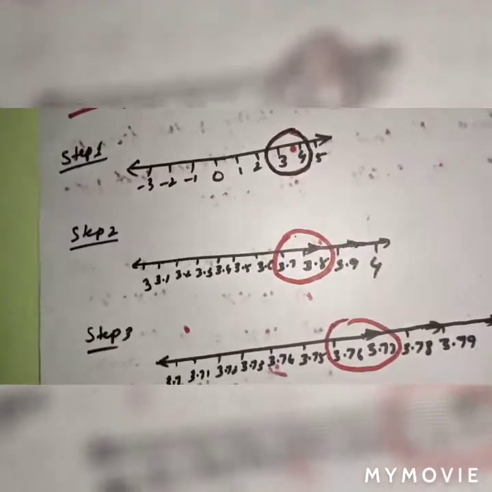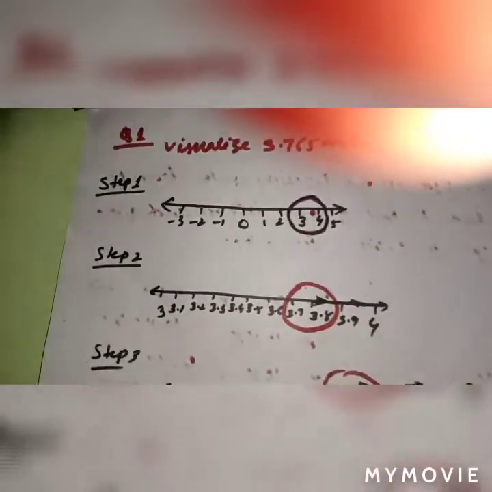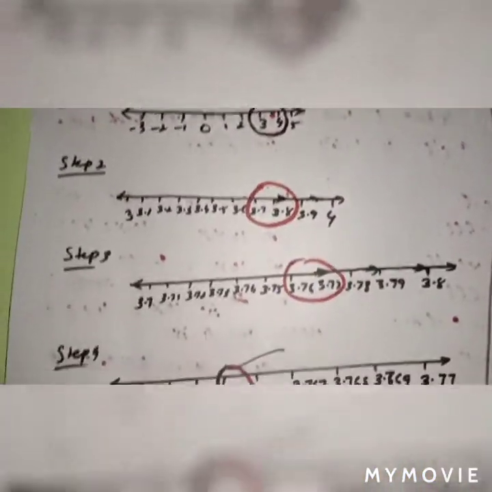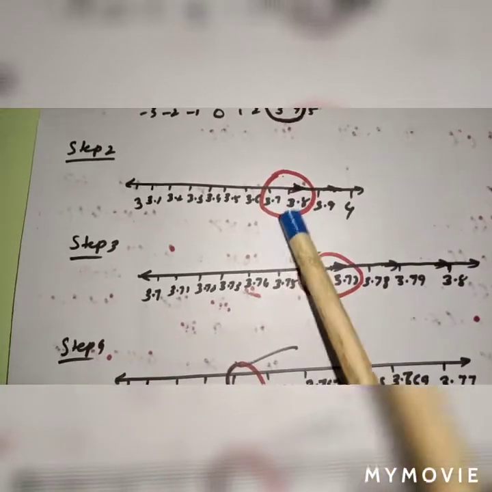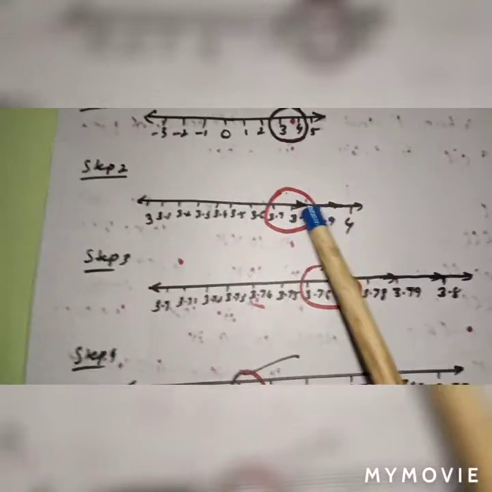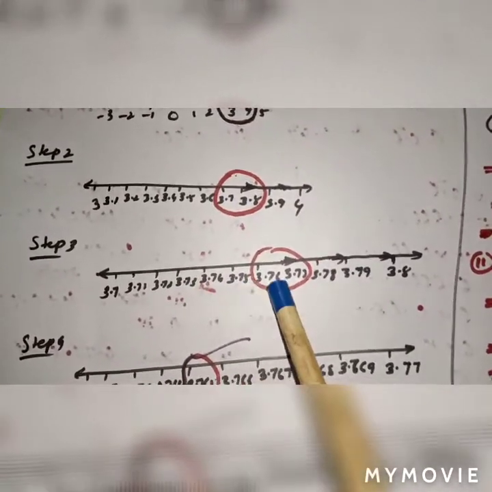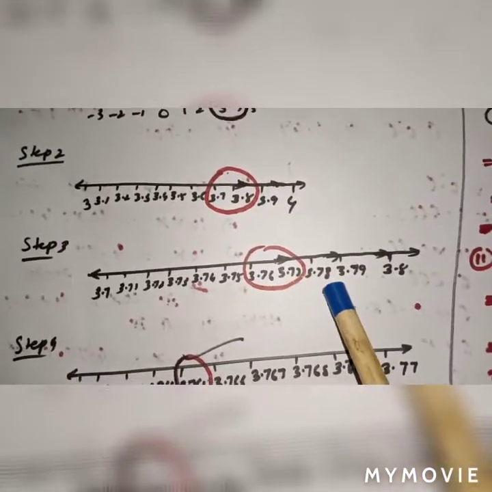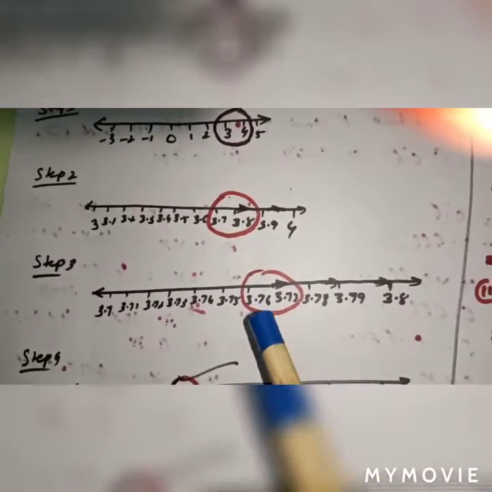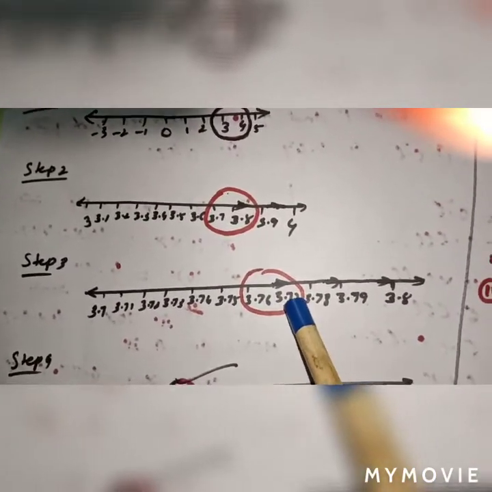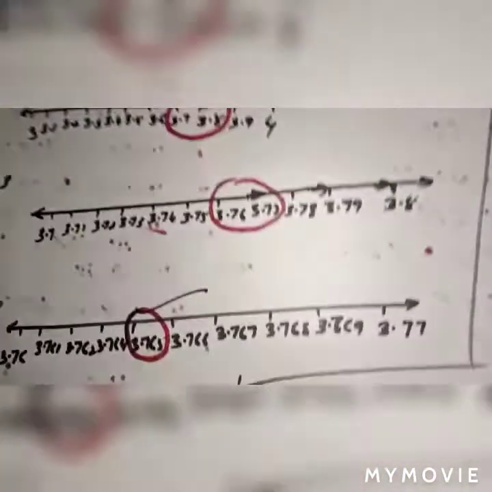But it is zoomed. It is called zoom. Okay. Now step 3. If you zoom in on this number, so this is step 3, 3.7 and 3.8. Already I told you it lies here. Next, in these two numbers there are 10 divisions, like 3.71, 3.72, 3.73, 3.74, 3.75, 3.76, 3.77, 3.78, 3.79 and 3.8. Now it is clear that 3.76 lies between 3.76 and 3.77, because we have 765.